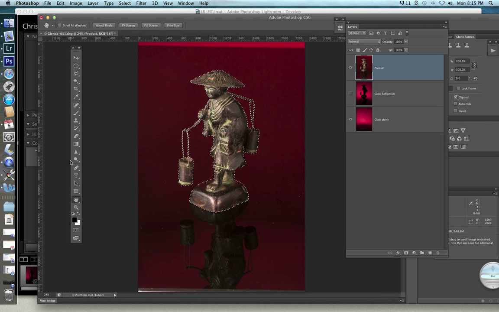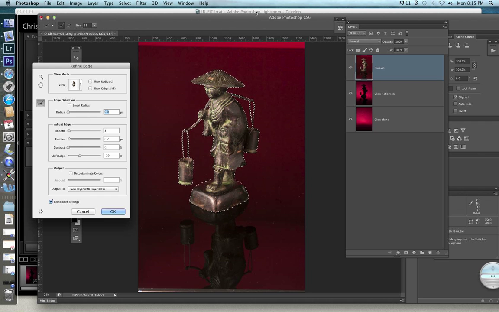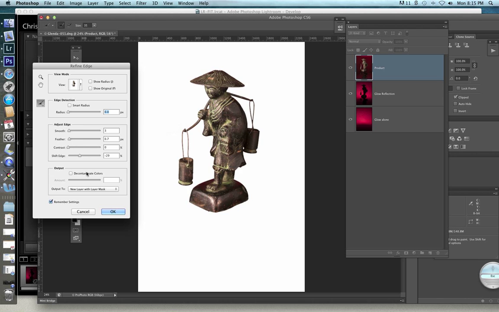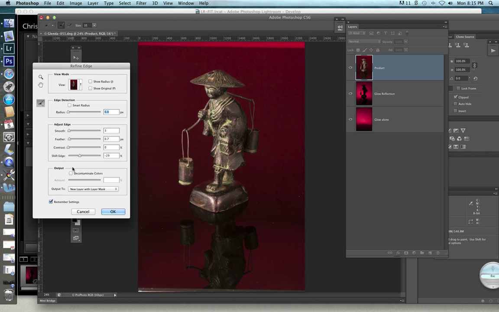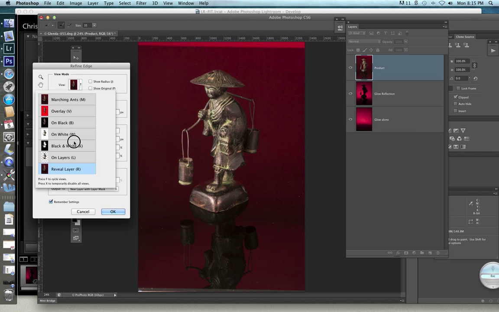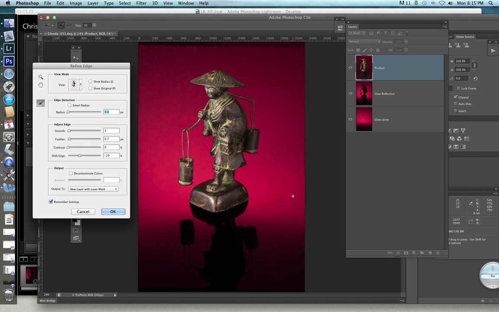So now I'm going to turn these layers back on, make sure they're on, and I'm going to choose any of the selection tools like the marquee and choose the refine edge dialog. And now it's going to show me, I can choose this view option and look at it on reveal layer. So now I can see how this is going to look right on the layers below it. So this is how it will look really if I